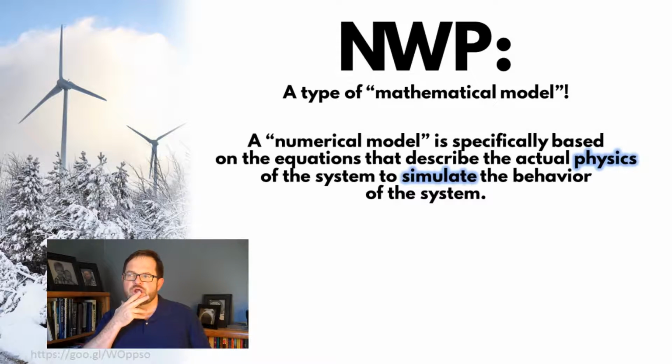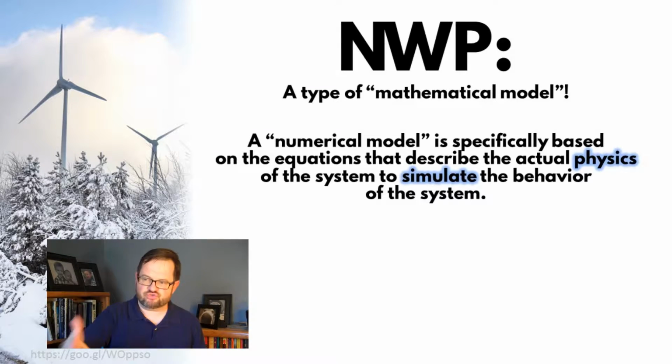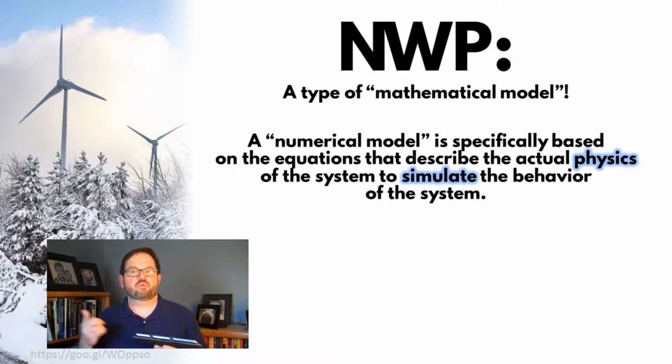You know, when we were doing the log wind profile, we had a nifty little equation. The left-hand side was u as a function of z, and then on the right-hand side were some terms that describe the shape of the curve of the wind profile. That was our model. It was a mathematical model of what the winds were looking like, but it was basically just a way of drawing a curve that curved the right way and so on. A numerical model is actually the physics. It's the set of equations that actually describes what is happening to objects based on Newton's laws and the laws of thermodynamics and so on to actually simulate their behavior. And there are a lot of examples of this in science.